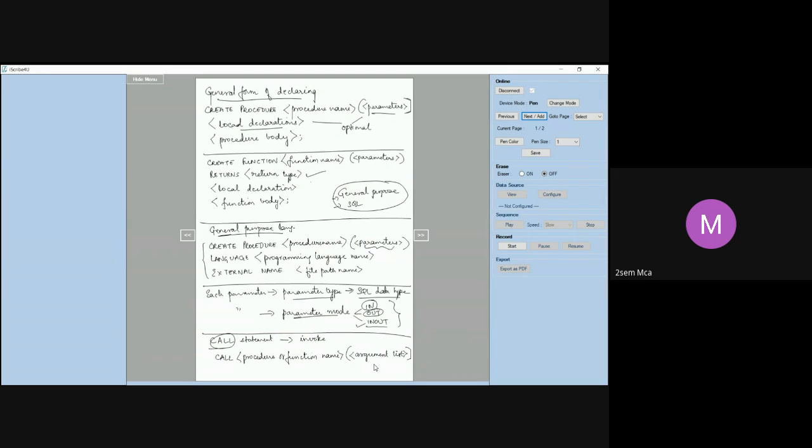Since we have stored this procedure in the server, any application should be able to invoke it, so we use the call statement. Similar to how we call a subroutine in the C language, we can use a call statement to call or invoke the stored procedures and functions. So call, procedure or function name followed by the argument list that you are going to pass. So far we have seen this much.